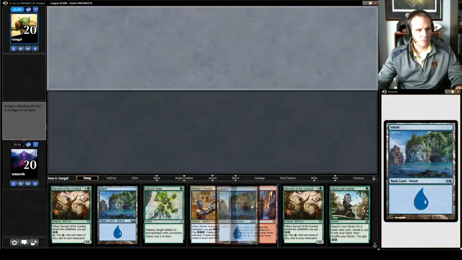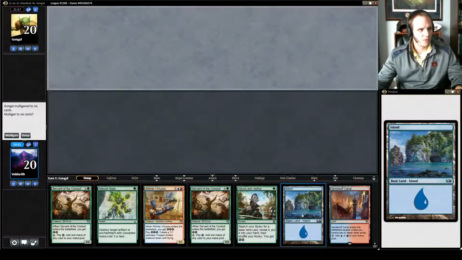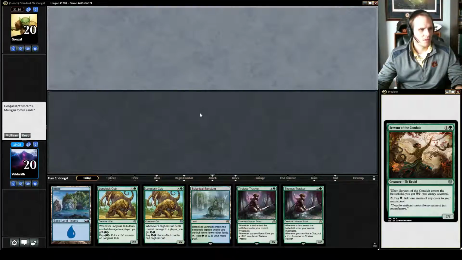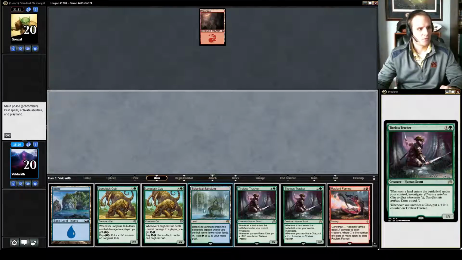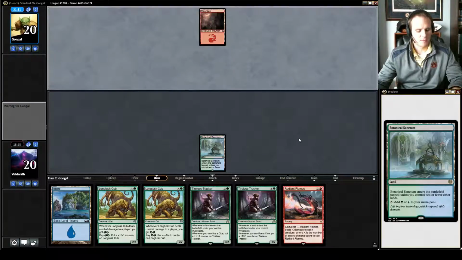Okay, this hand's not keepable because I don't have a green source, unfortunately. But my opponent has also mulliganed. This is better. Do I want that? I think I just want another land, since I have these two Tireless Trackers in hand. Okay, no one drop, that's a good sign. Radiant Flames isn't really something I wanted to draw currently, but hopefully I can...